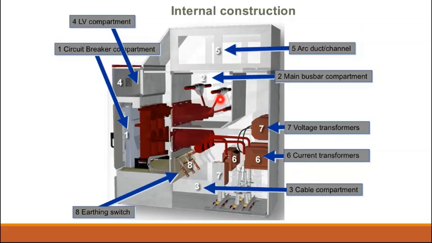If, for example, this is the incomer, the main current will come from this one. Once the breaker is closed, it will go to this common bus bar. For example, this is the outgoing, the current available here. Once this breaker is closed, then the current will start flowing through this one and through this cable, and it will go to the load. And here, this is the general arrangement.